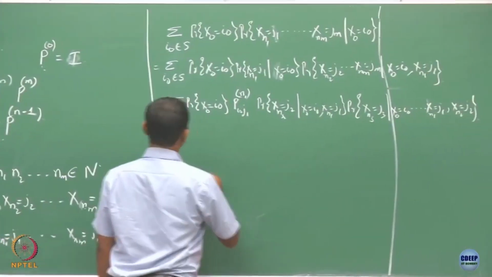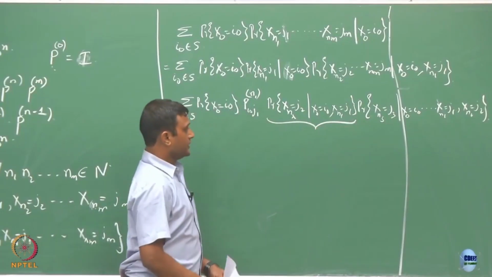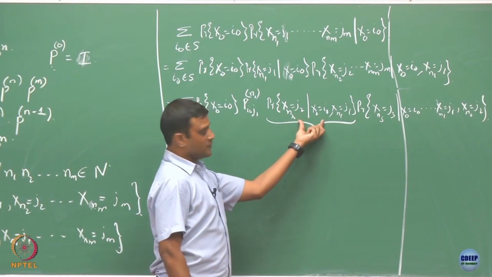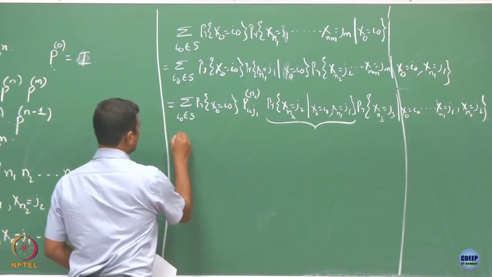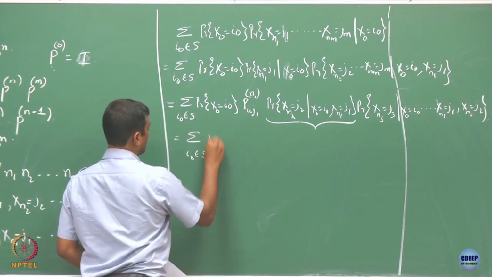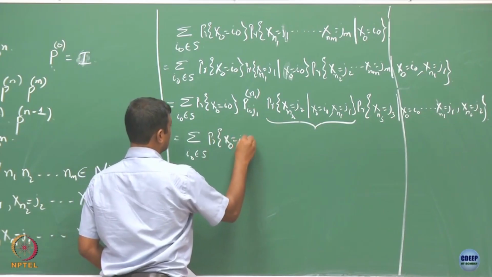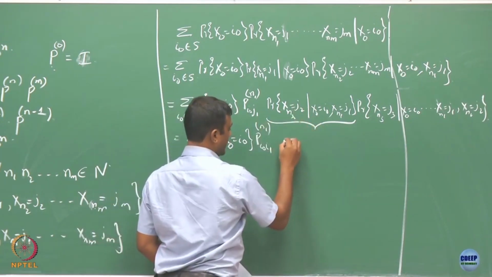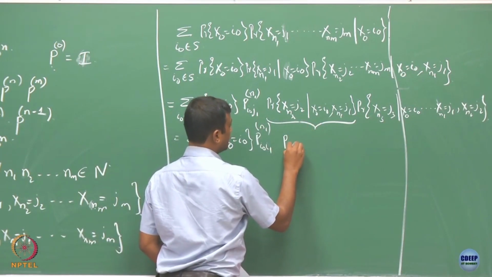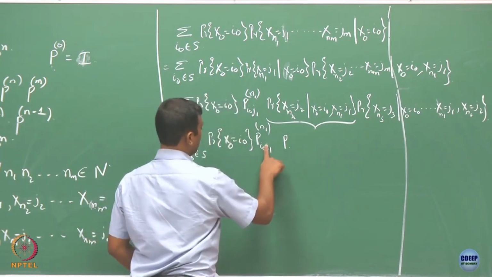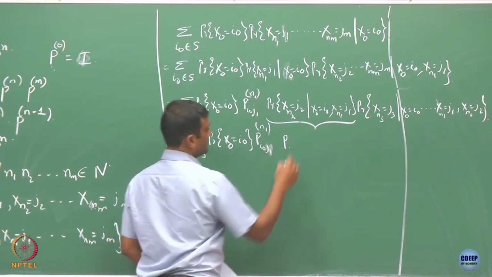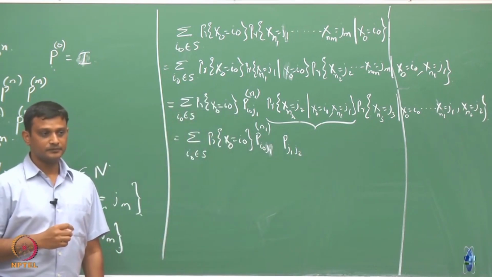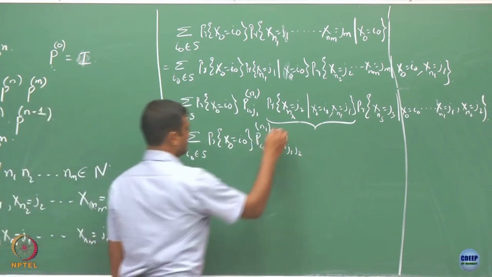Now what is this quantity here? This quantity, I know that it does not depend on x0 equals i0. So in that case, what is this probability then? Is it correct in our notation if I write it as, so this is J1 here, not I1, J1, and this is going from J1 to J2 in how many steps? N2 minus N1,